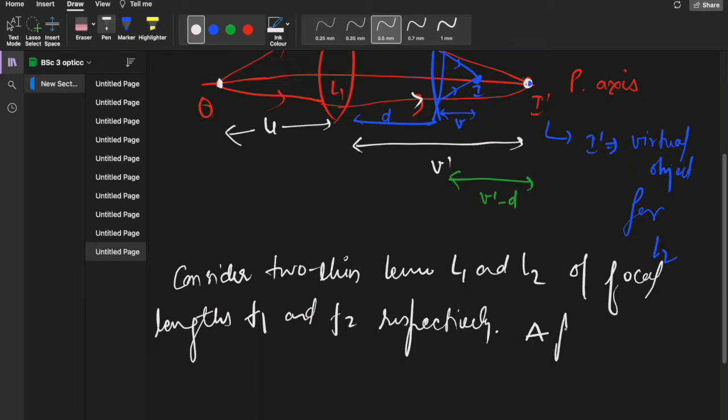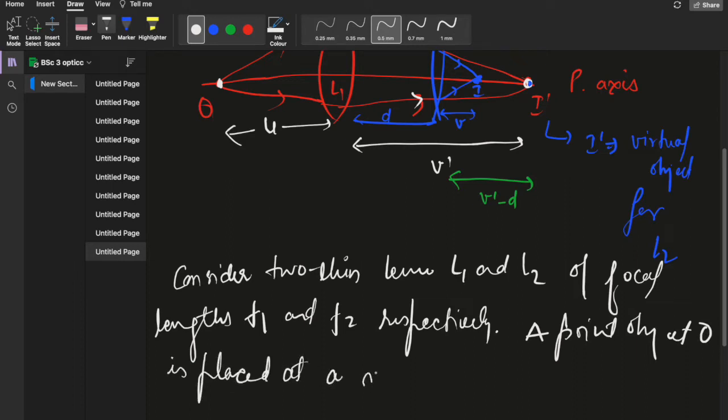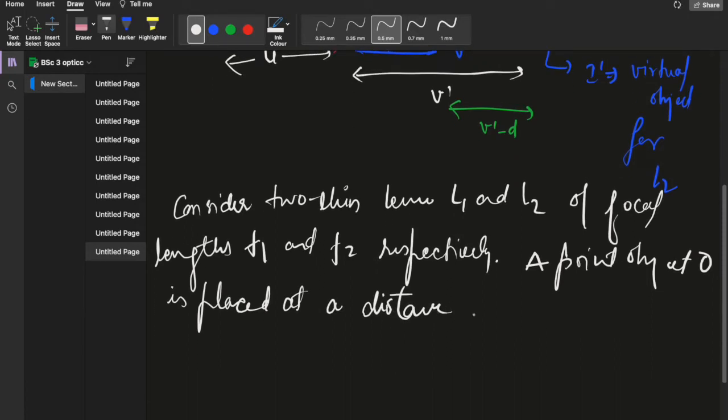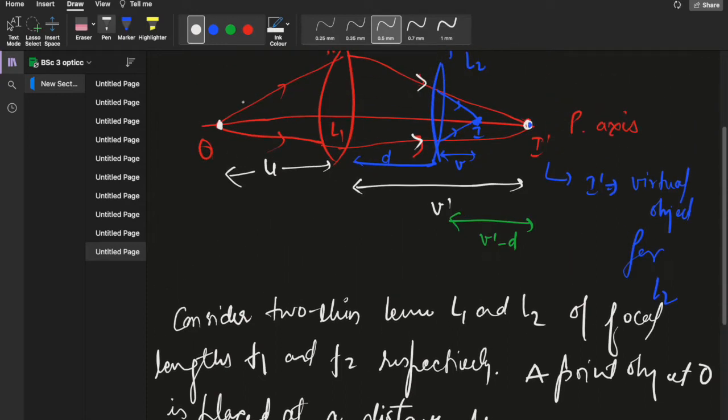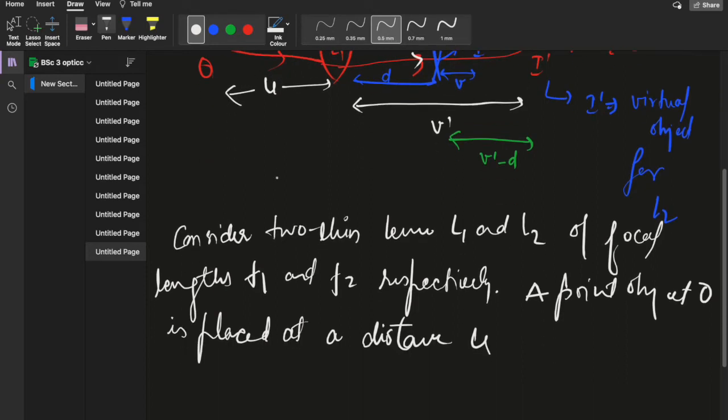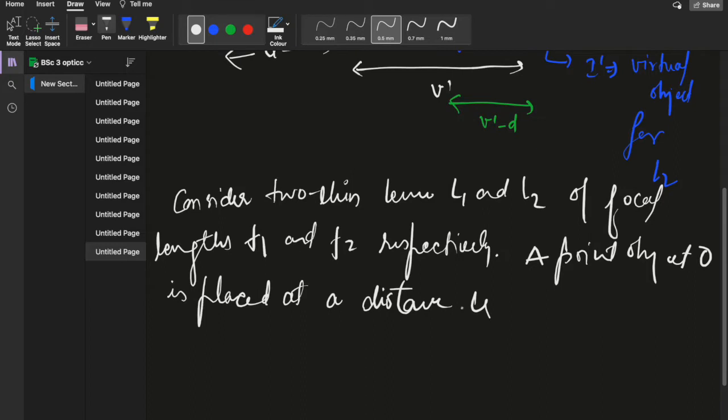A point object O is placed at a distance u, which we have already assumed, somewhere here on our principal axis, at a distance u from the lens L1, or we can say from the first lens,